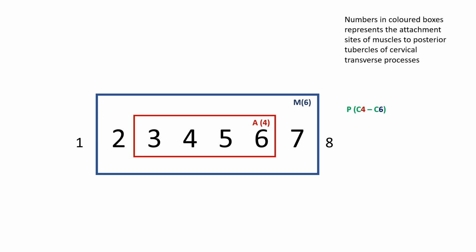You will notice that the anterior scalene muscle attaches to the transverse processes of 4 cervical vertebrae, whilst the middle scalene muscle is going to attach to 6 in total transverse processes. So we use the numbers 4 to 6 to remember the attachment site for the posterior scalene muscles. These attach to transverse processes 4 to 6.